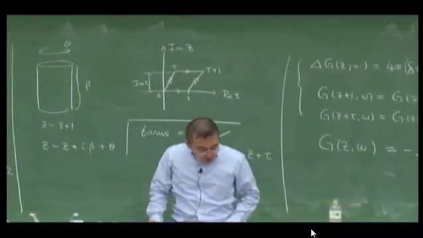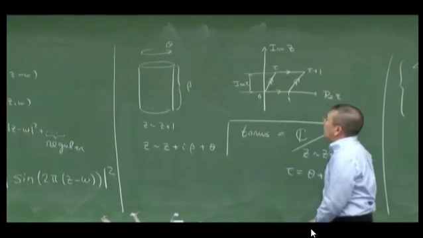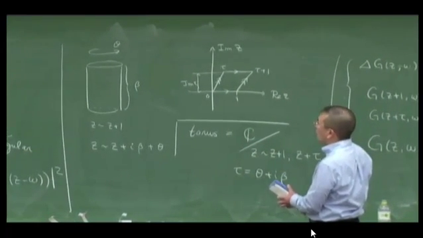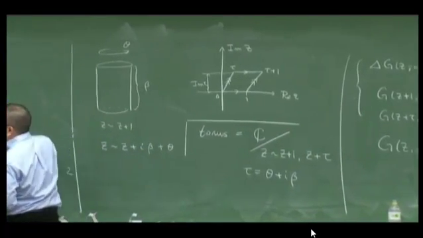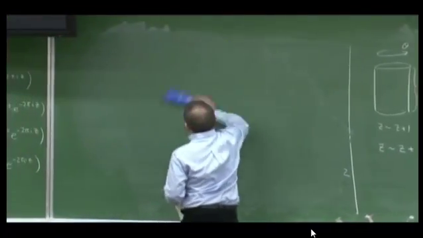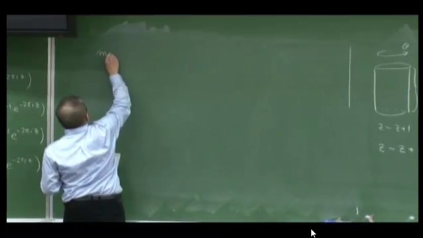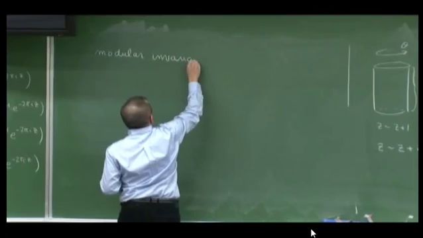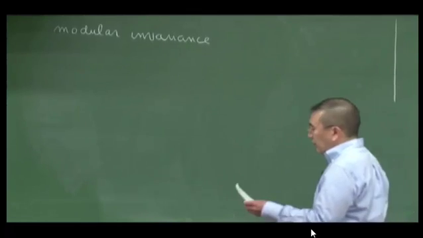Okay. So now let me discuss one more interesting subject which has to do with the geometry of the torus, which is a modular transformation or modular invariance. So I'm going to the left side of the blackboard if John can follow me. So let me discuss modular invariance. Okay, so the modular invariance is the following